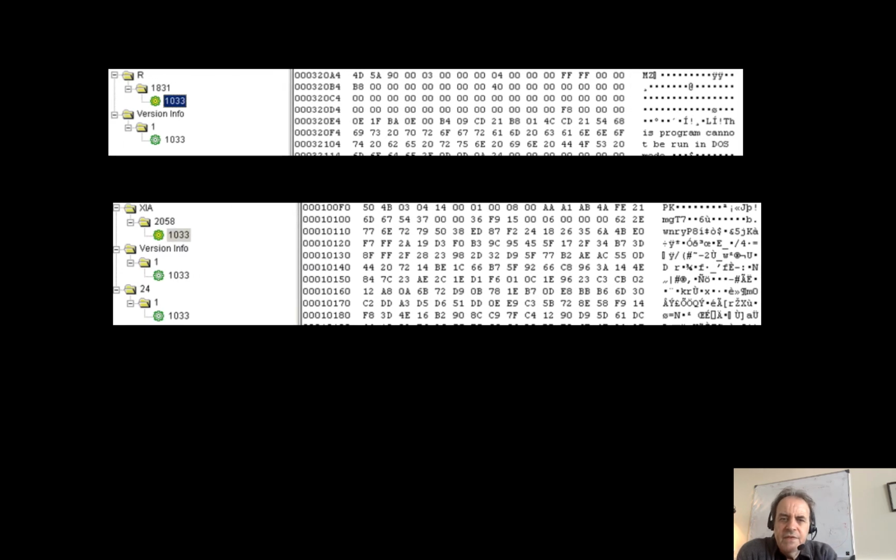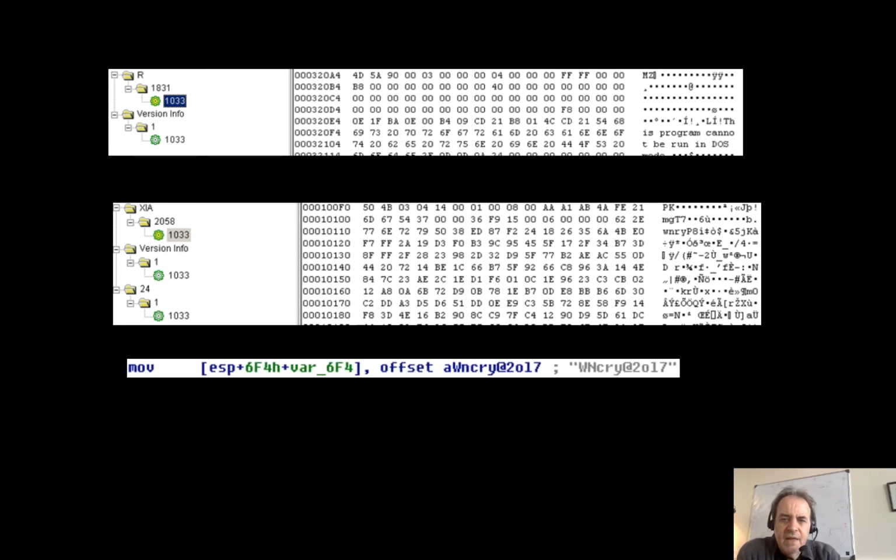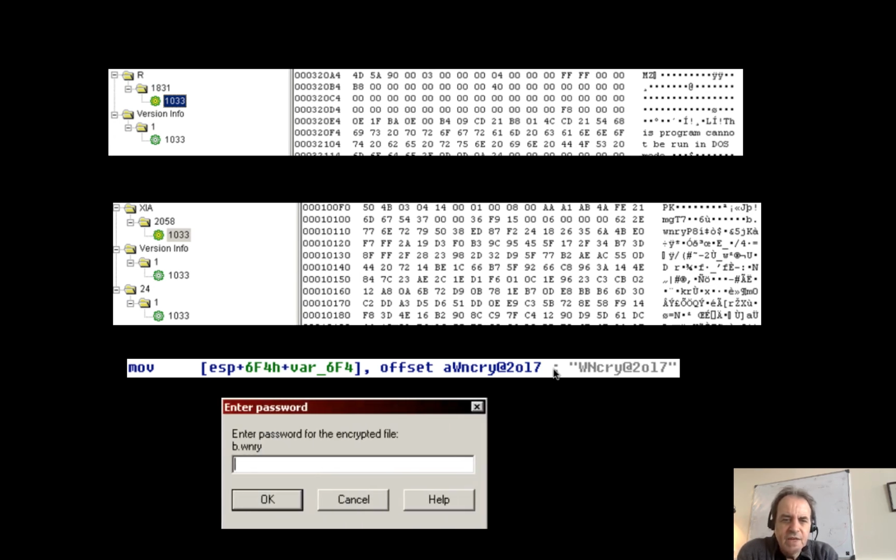So the code itself looks a little bit like that. There's the executable, and one of the files started with PK, which is well known to be a zip file. When we analyze the machine code, we find that the password for the zip file is actually encoded into the malware itself.